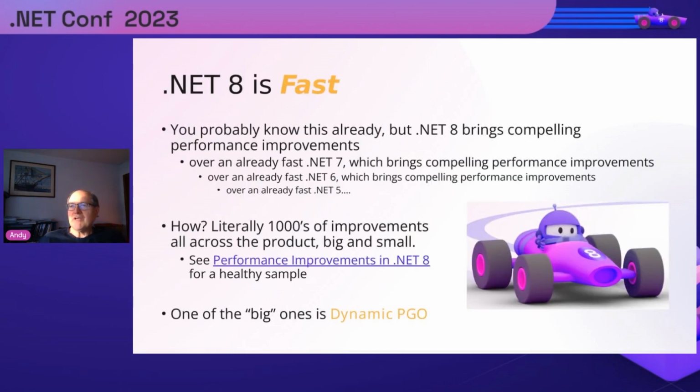So you probably have heard in some of the other sessions that .NET 8 is fast, that there are a lot of compelling performance improvements that have been made all up and down the stack. Of course, we said that when .NET 7 came out, that it brought compelling performance improvements over .NET 6, which brought compelling performance improvements over .NET 5. So you might get the idea that we've got a pretty good cadence here of making .NET performance better and better and better with each release. And the way we do that, it's pretty simple. We make thousands of improvements every time, all across the product, big and small. If you're a fan of this stuff, you can read Stephen Toub's blog that goes into it in a lot